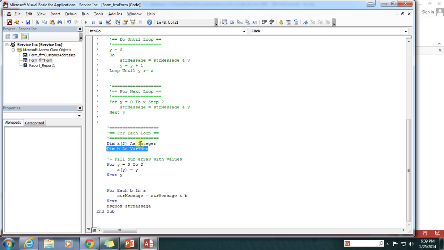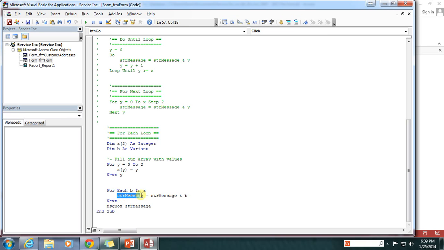That gives us the flexibility of not knowing ahead of time what exactly the object is that's going to be returned. So we're saying for each B in A, so for each object in the array of A,